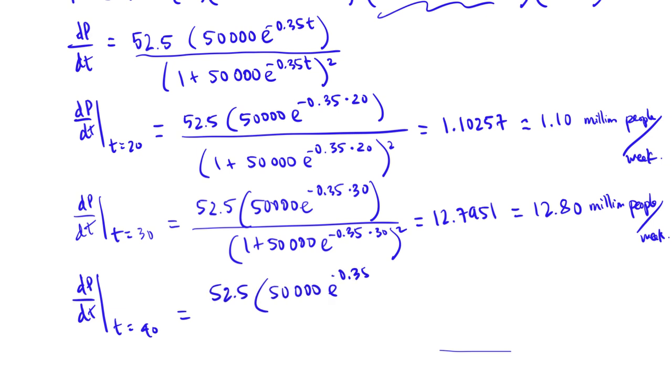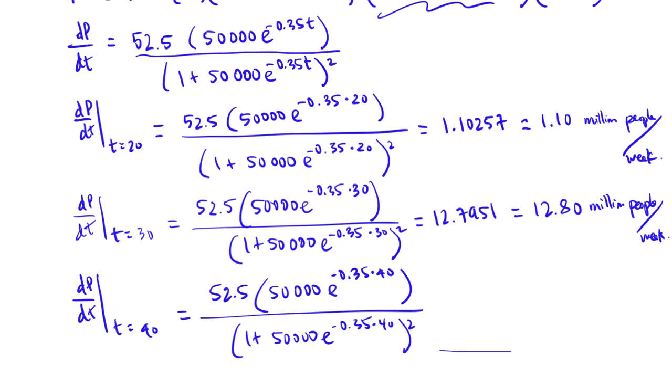the negative 0.35 times 40 over 1 plus 50,000 e to the negative 0.35 times 40. Don't forget to square this. Put in a calculator, we will get 2.01198, which we will round to 2.01 million people per week. We interpret this as after 40 weeks, the number of people who were infected with the flu is 2.01 million